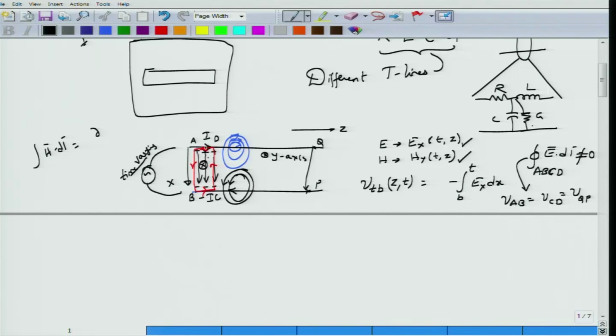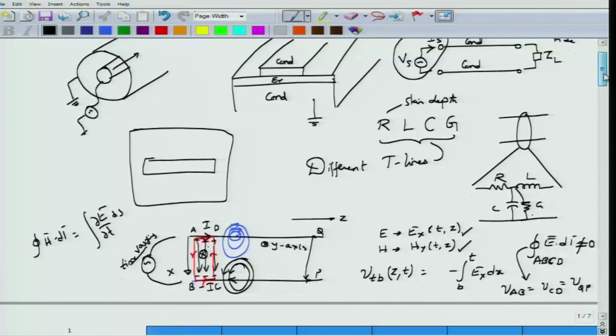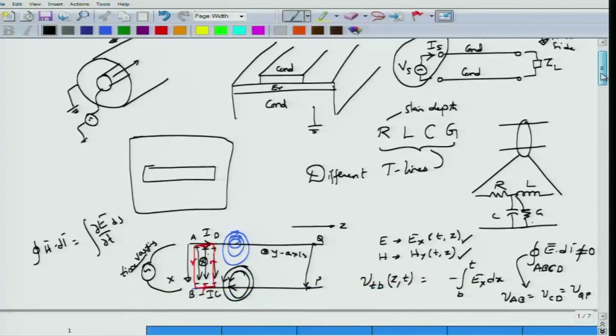One, the conducting current on the wires itself, but in the region between there would be a current, which is called a displacement current. So to summarize, a transmission line actually has electric and magnetic fields present because of the time varying potentials and currents on it, and most importantly this Ex and Hy,